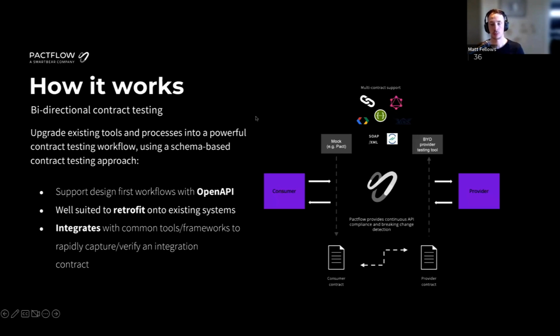So the workflow that we built in Pactflow to support this mode is called bidirectional contract testing. It's a different form of contract testing that's exclusive to Pactflow that complements our existing support for consumer-driven contract testing with Pact. So if you are coming from that background, this workflow is a little bit different. I like to think about this as our ability to upgrade your existing tools and processes into a contract testing solution, which helps you improve the ROI of the initiative altogether, because you're going to reuse your existing tools, right? So it's particularly well suited to design-first workflows, and it's also really well suited to retrofitting onto existing systems where those tools and processes already exist.